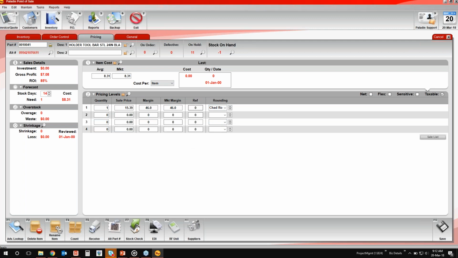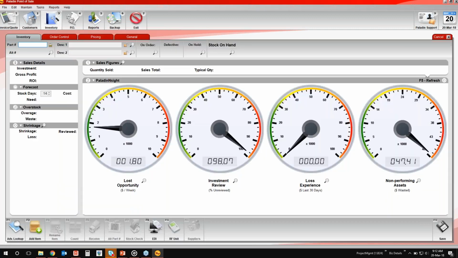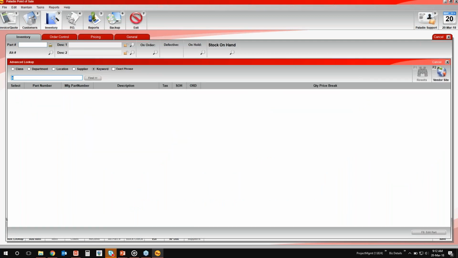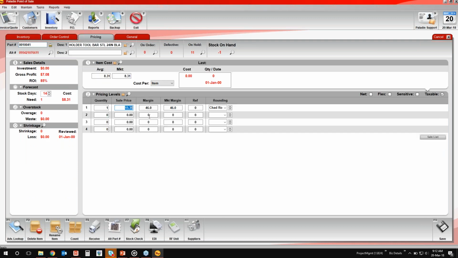Now, will it just automatically change this price? Let's go ahead and see. We're going to save it, and we're going to bring it right back. We're going to refresh that item here. Nope, kept my 539. So see, as I said, manually priced items, it's not going to change it automatically like